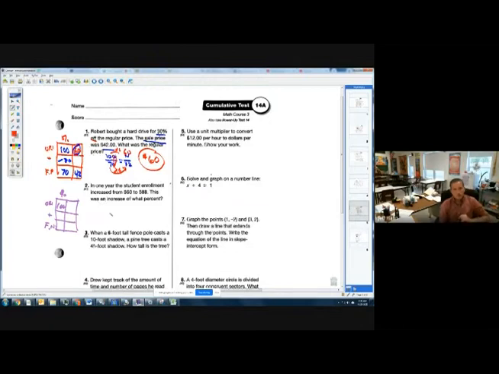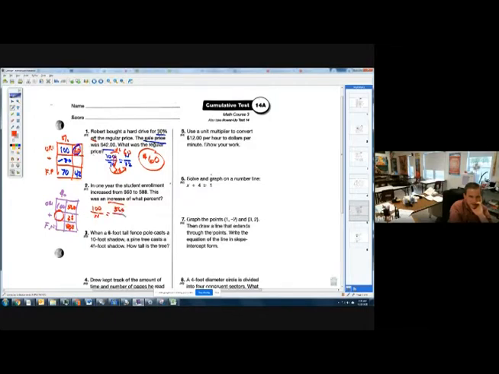But it increased from 560 to 588. So originally it was 560. It went to 588, which means it went up 28 students. This was an increase of what percent? So I want the percent increase right here. So again, taking what I know, it's 100. I don't know the percent increase. And I know that ends up being